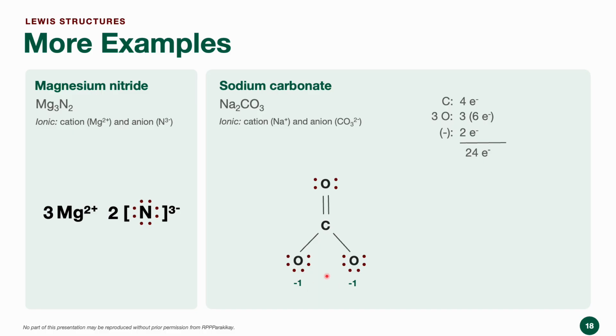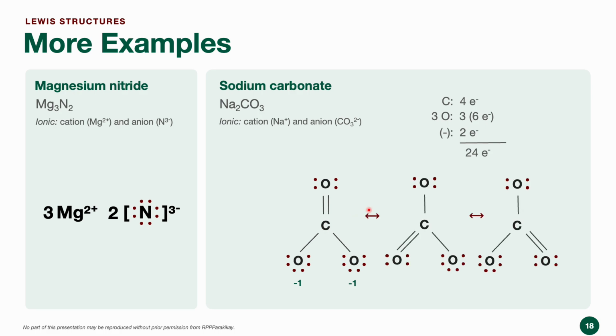And notice we can rearrange this double bond. We can place it in this oxygen or in this oxygen, and we can draw resonance structures for it. So these are the resonance structures for carbonate. We will enclose it in a bracket and then place the total negative charge as a superscript. And lastly, let's place the cation and the coefficient. So 2Na+ and then this portion with the resonance structures of the carbonate anion. So that ends our discussion of the Lewis structure.